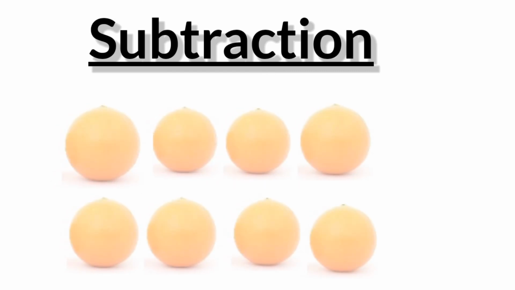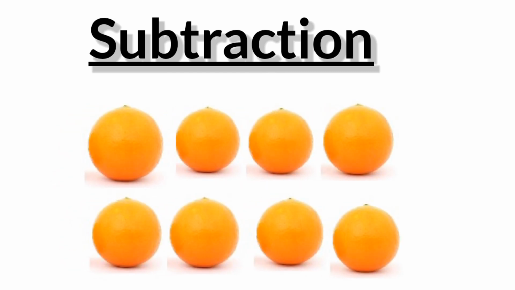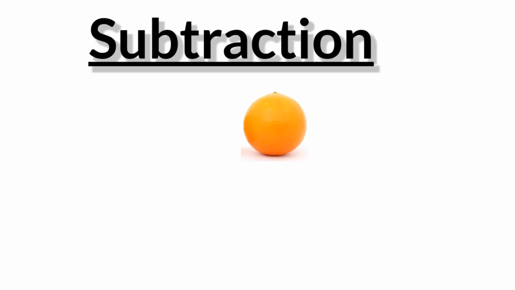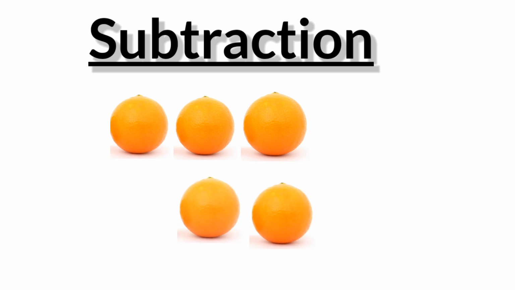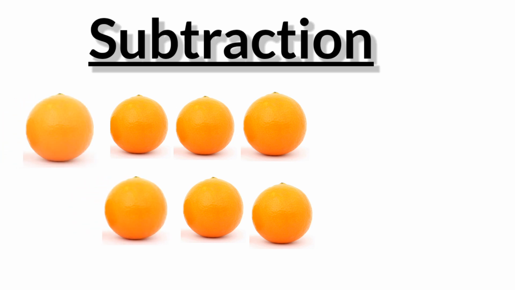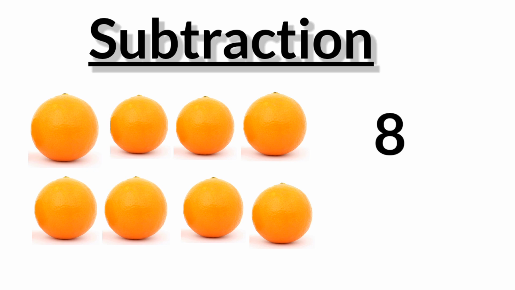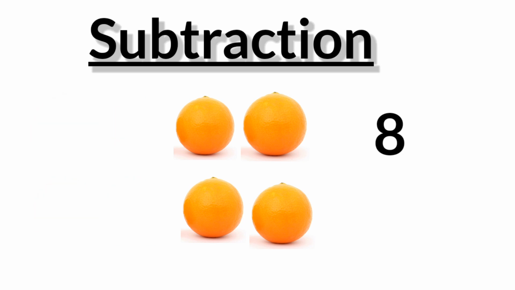Question number 3. We have 8 oranges. 1, 2, 3, 4, 5, 6, 7 and 8. We write 8 and 4 oranges are left. We write minus 4 and only 4 oranges are remaining. So we write 4. 8 minus 4 is equal to